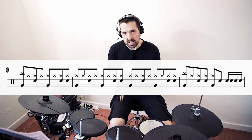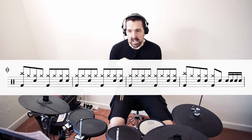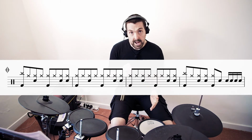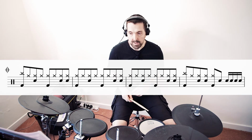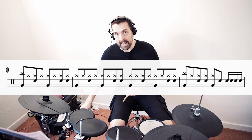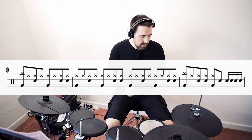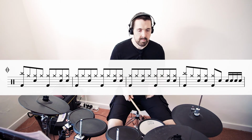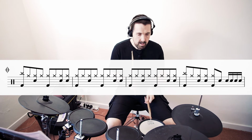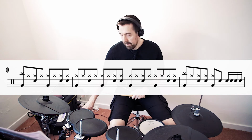Then we come to our kind of second transitionary bar. We're crashing in on the 1, and then we're playing the snare on 2 and, bass on 3, snare on the and of 3, and then again 4E and So we're playing 5 strokes accented on the snare at the end of that bar. So if we play that at 100 BPM, nice and slow, if we play that up to speed at 121 BPM,